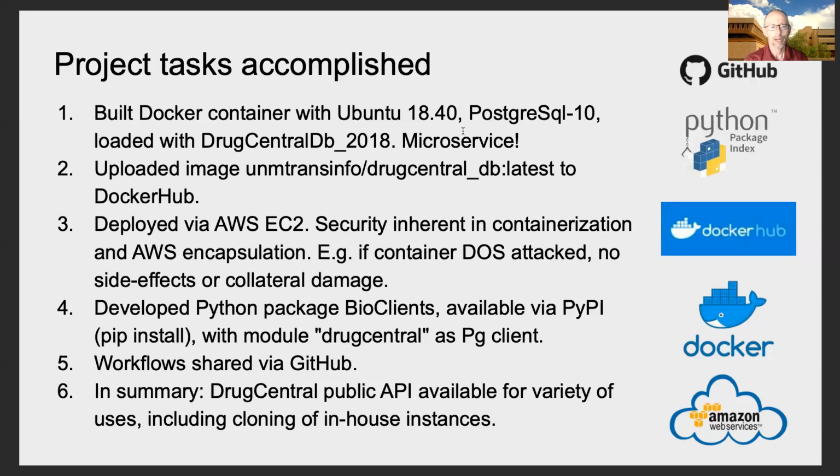I developed a Python package called BioClients. It's available via the Python Package Index, PyPI, which means it's available from the command pip install for Python users. Within BioClients, which has several modules, there is a module DrugCentral for accessing a Postgres instance of the DrugCentral database. All these workflows are shared via GitHub as a source code repository. So in summary, DrugCentral has a public API now,